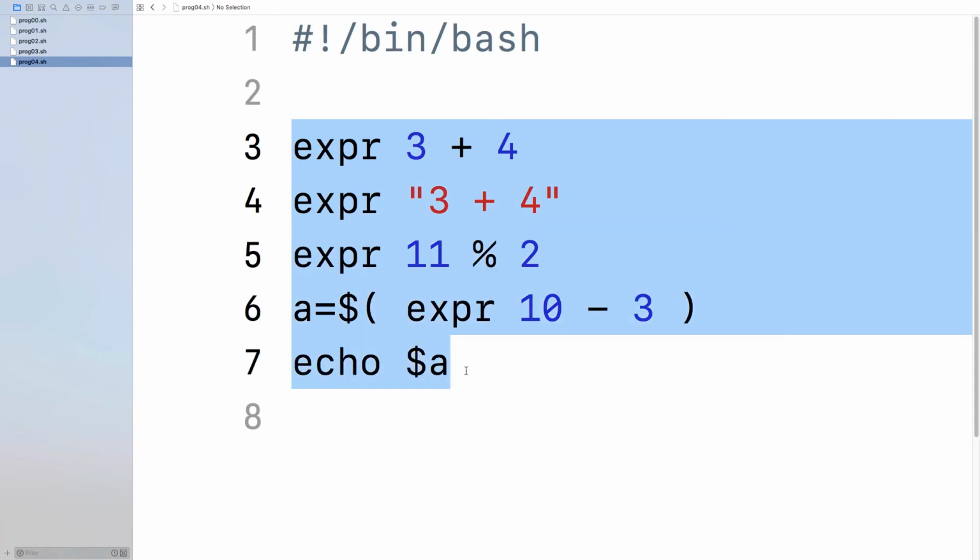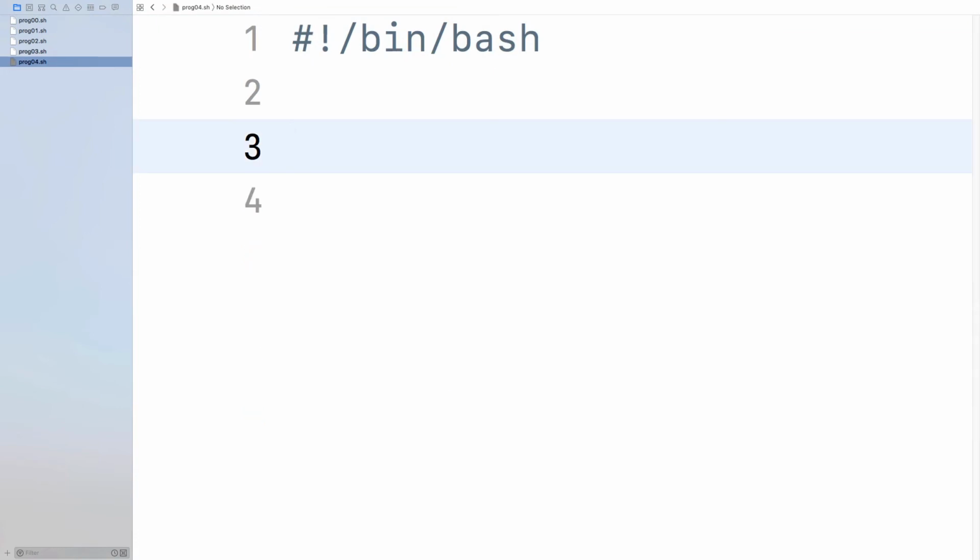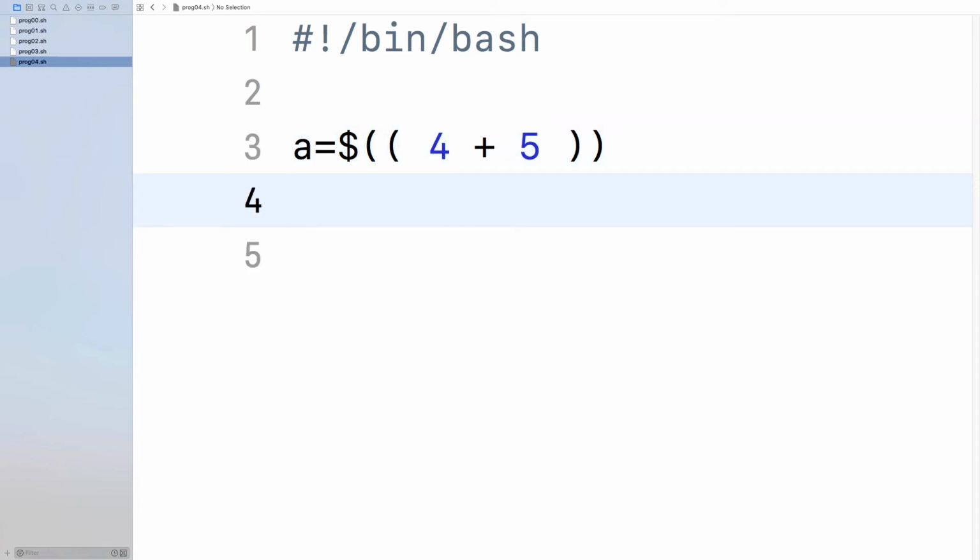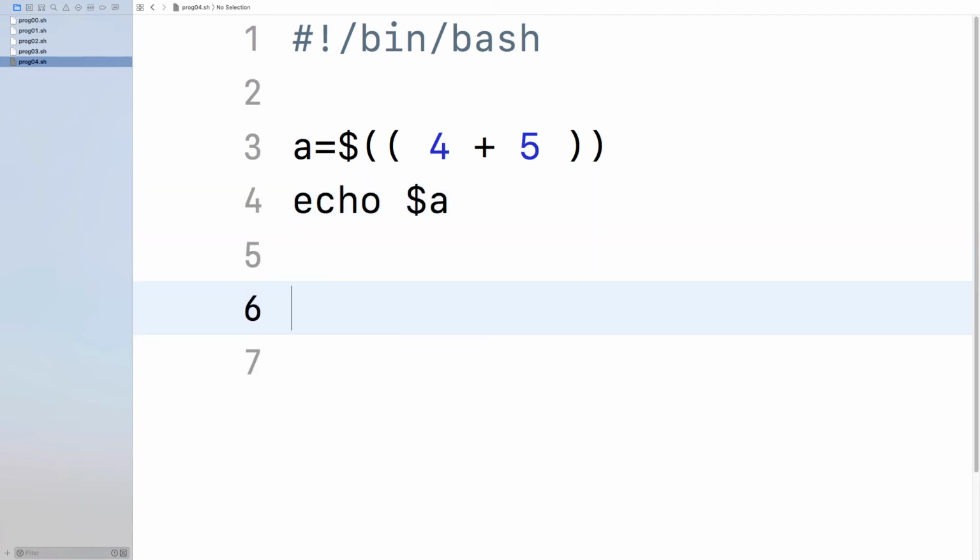Again, let's remove all the unnecessary part, and let's say a equals to dollar 4 plus 5. So the beauty of this IDE is that we usually never miss any brackets. Echo dollar $a.